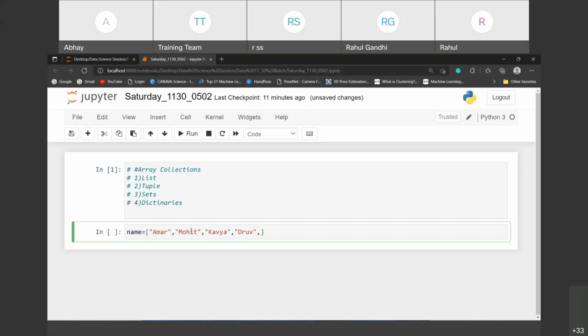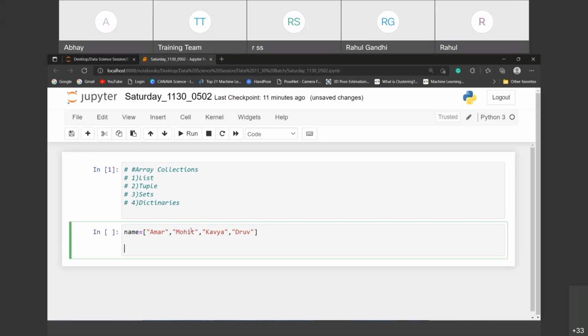Shubham, append. See, maximum people are saying append. So what is the difference between the insert function and the append function? There we have a difference, no? Yeah, append is at the last. The parameter is different. Append goes to the last position, at the end. Yes, all the answers are correct, but you have to tell me about insert. Insert, we can go by position or last.